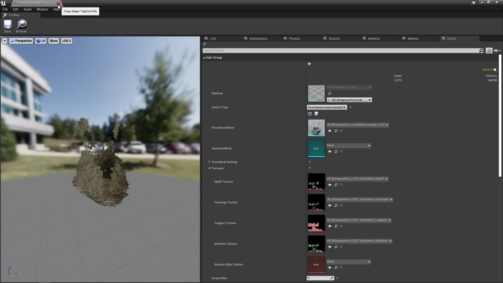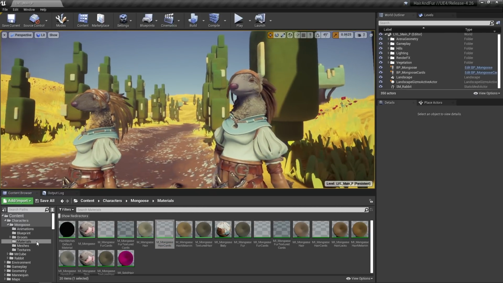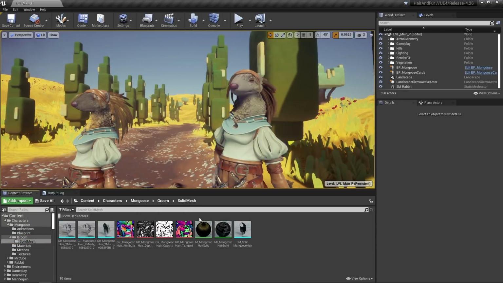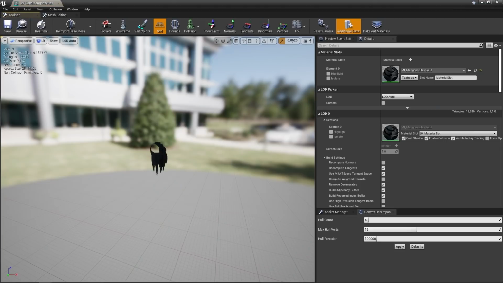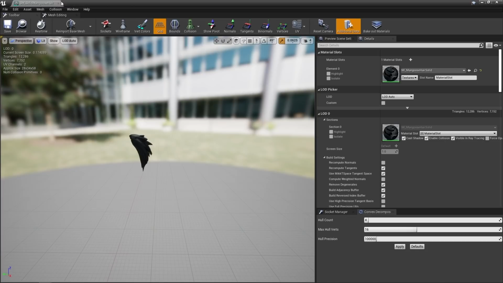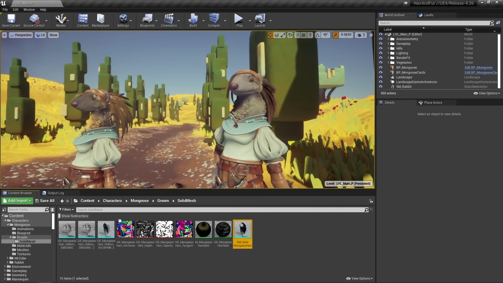So the system not only handles reducing our strands and switching to cards that are skinned on the skeletal mesh, but also generates the mesh and provides us with a transparent way of using materials. But we can go even further, and the engine is going to be doing the heavy lifting again in this process. So if I want to use this mesh for the hair at a really far distance, instead of having a more complex geometry being skinned and simulated, I just want to attach this to the head and have it simple. The system is not only going to handle that change, but will generate for us this texture.